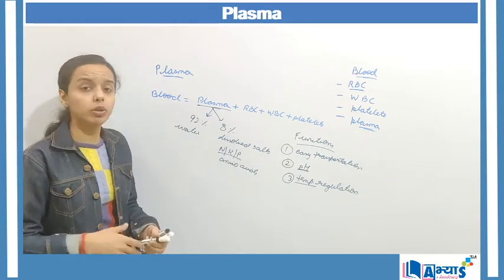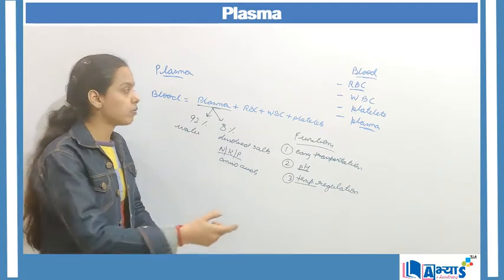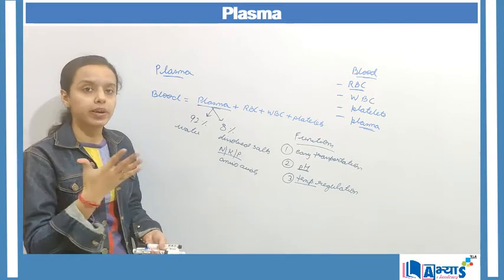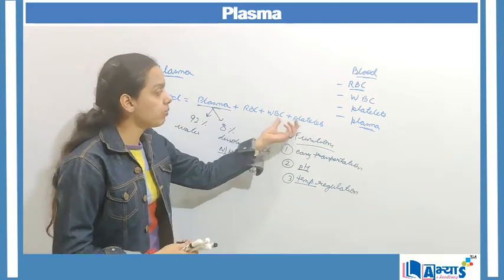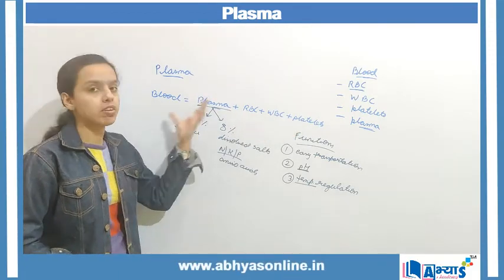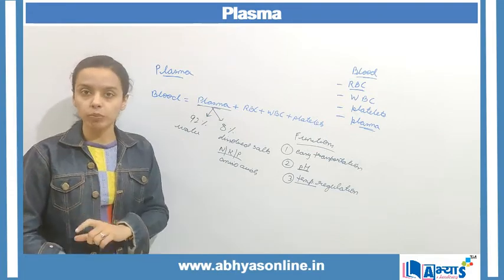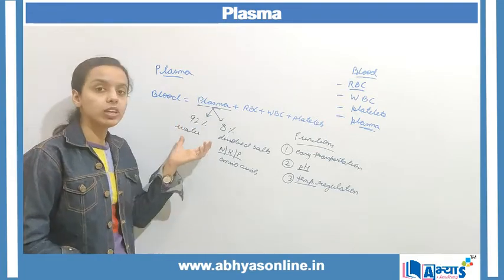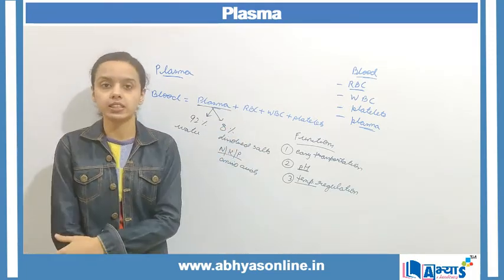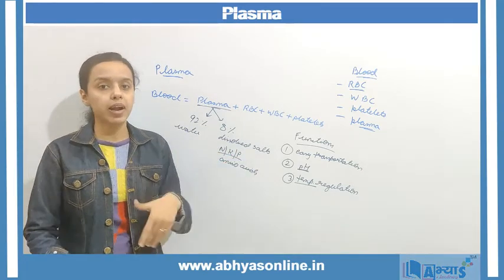So this was the concept of plasma. We have discussed the four important components of blood, and with the help of a simple equation, we have defined the different components of blood. If we remove these three blood cells from the blood, we will get the plasma, which is yellowish in color. The composition of plasma includes 92% water and 8% dissolved salts or other minerals. And in the end, we have discussed the functions of plasma. This was the concept of plasma as a part of the blood connective tissue.